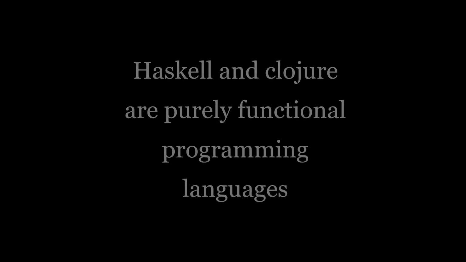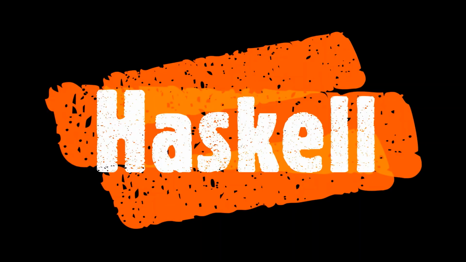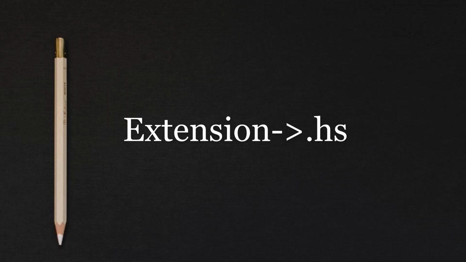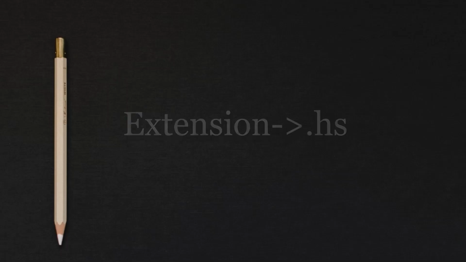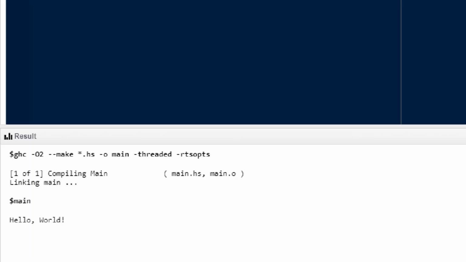We got our output. Now coming to Haskell and Clojure, these two are purely based on functional programming. We need to have math skills to get through it easily. Coming to Haskell, create your new file with .hs extension. I saved my file as helloworld.hs. First line is an optional type annotation indicating that main is a value of type IO. IO is representing input-output action, and then next putStrLn, which helps us to display our hello world. Now save your code and then run your code. We got our output in the terminal.